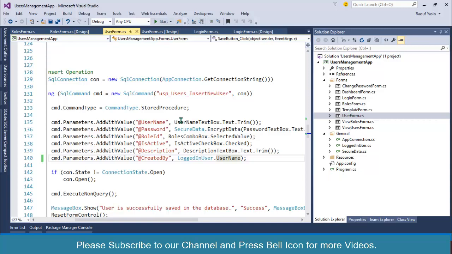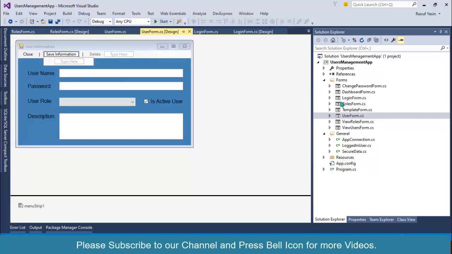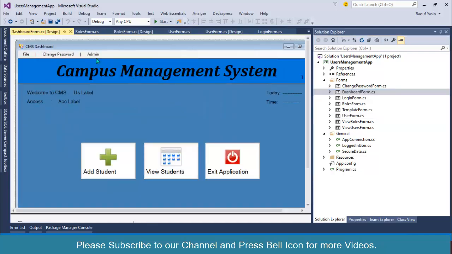We're good to go. Thank you so much for watching, and I'm very happy that we are getting closer to our application. We are almost done, 85 to 90% of our work. The only thing required is user privileges and how to manage user privileges. We'll discuss that later, and we'll also check if you open your dashboard form. We'll also do user privileges. If the logged in user is admin, then he can access these options, otherwise he can access only these options.